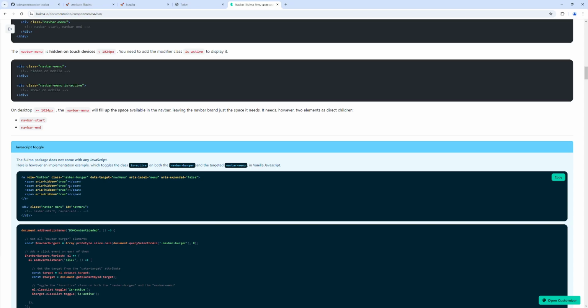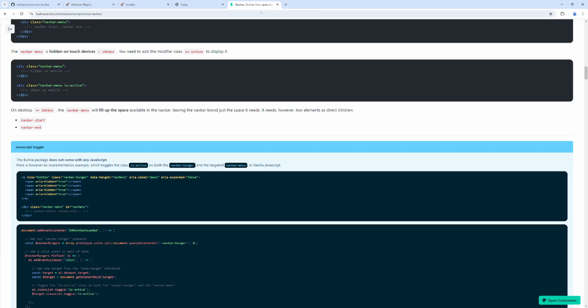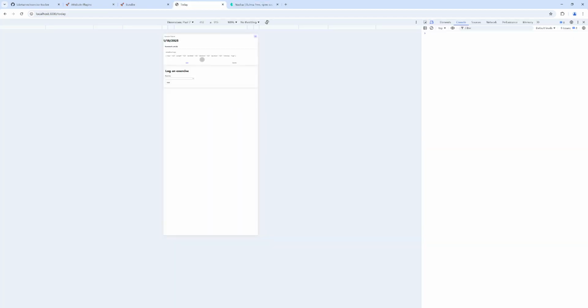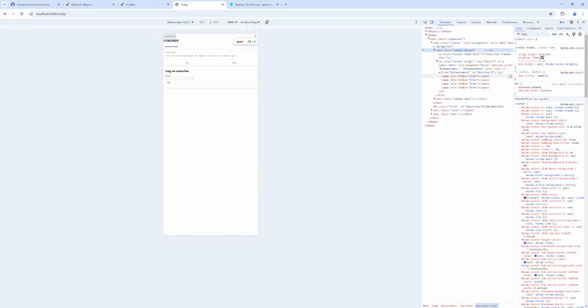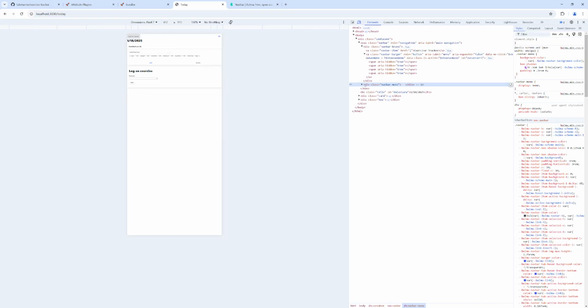So kind of the way that this is describing it is we have a class navbar menu. This is a bit interesting. So let's look at this right now. Let's look at the actual HTML here. So we have this navbar menu, but it's defined as